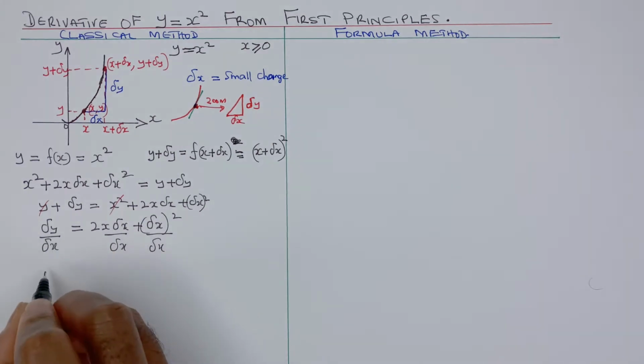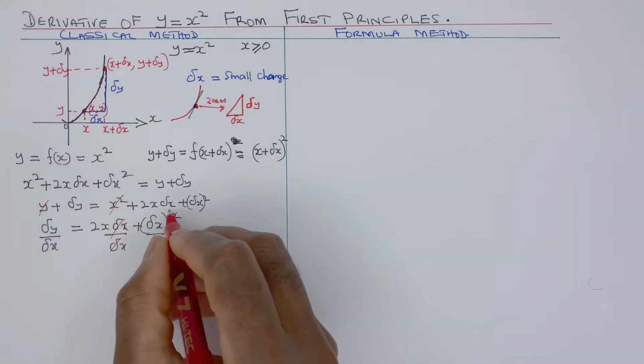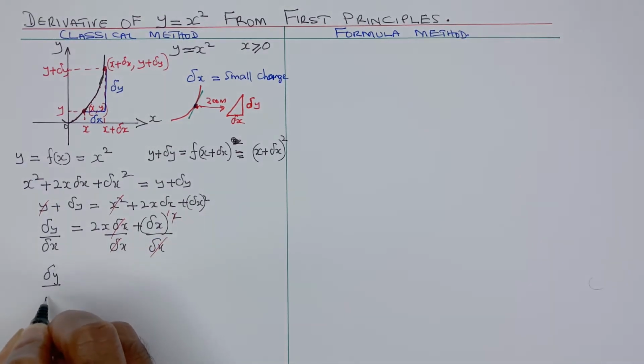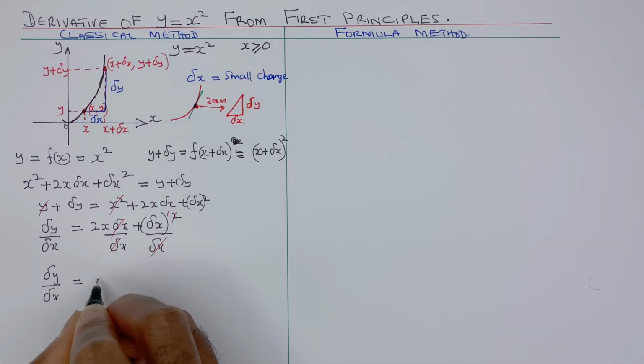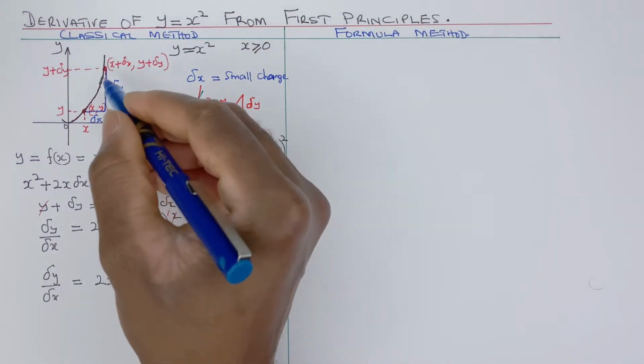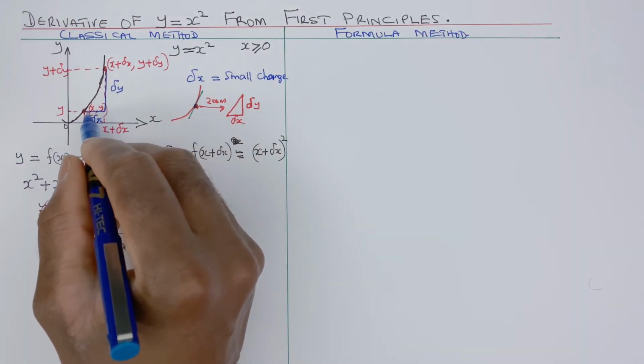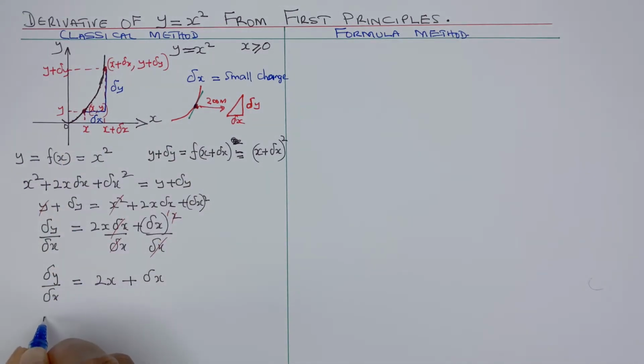Well, delta x over delta x, we cancel each other here, and we cancel one of those, so one left. Delta y over delta x equals 2x plus delta x. Remember, it has to come to that point, so delta x has to be getting smaller and smaller until it gets towards 0. So we have to say in the limit, delta x has to tend to 0, which implies that delta y over delta x would tend to